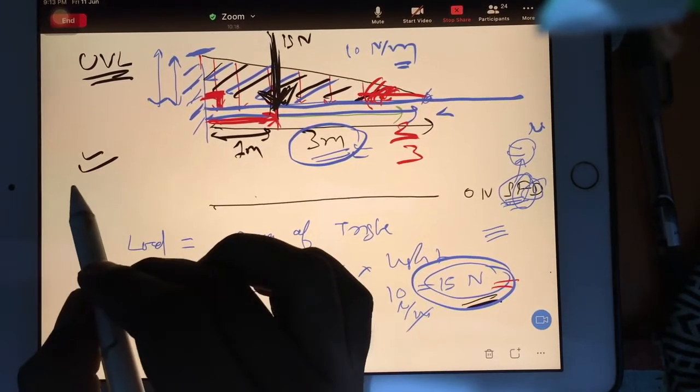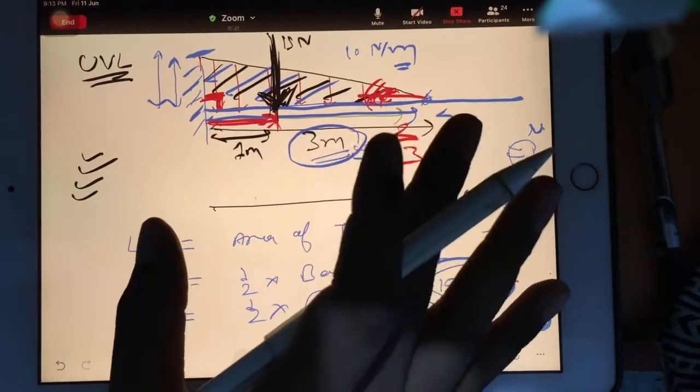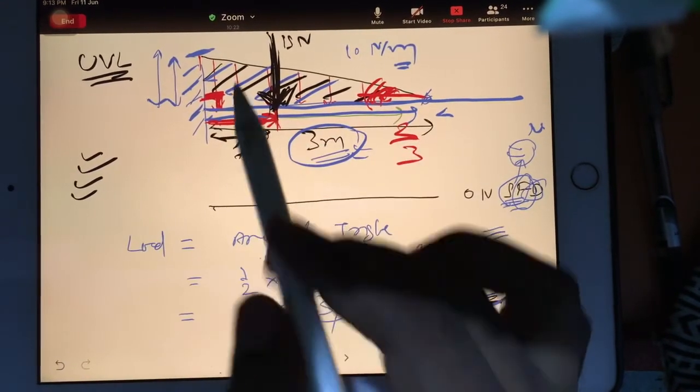Now let's understand the next part. If the load is like this,